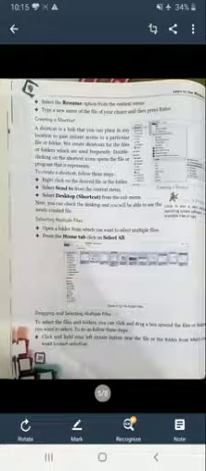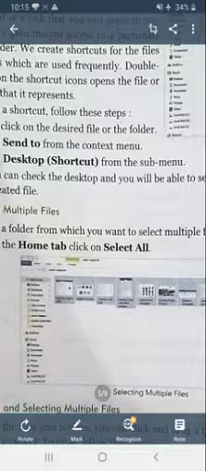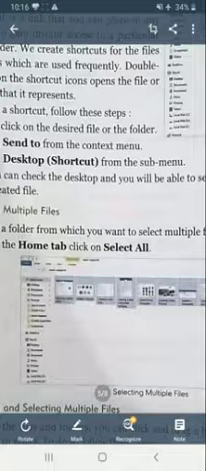Okay, now selecting multiple files. There are a number of options for selecting multiple files. If you want to select all the files in a folder, hold the Ctrl key and press the A key on your keyboard.